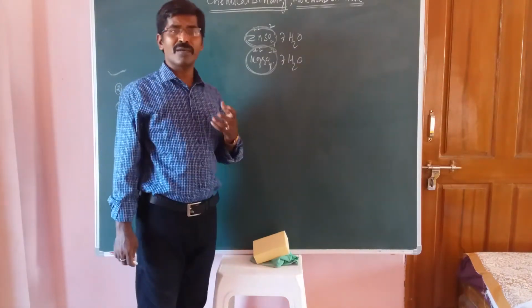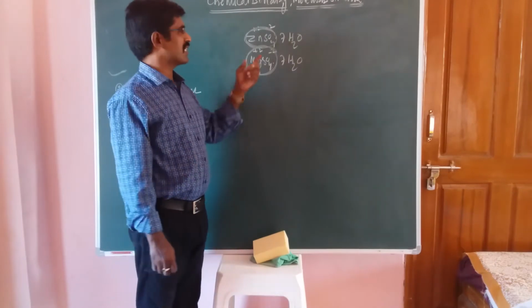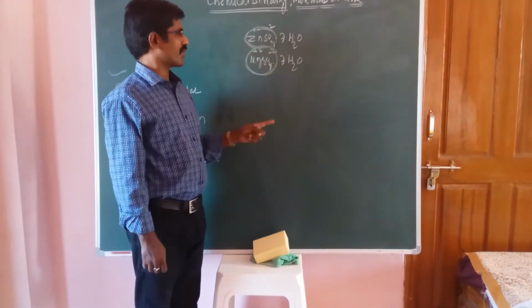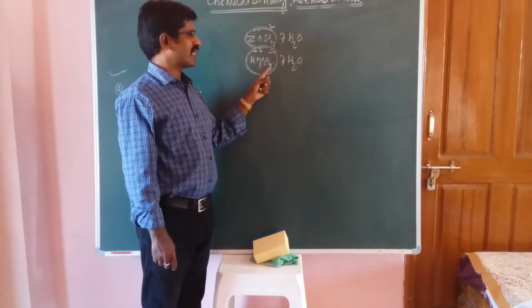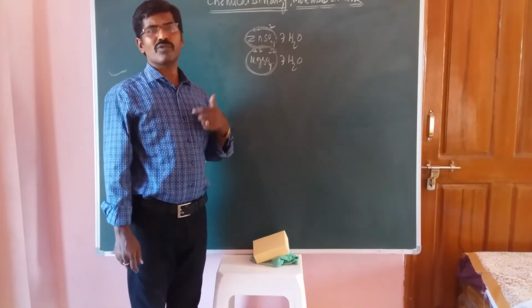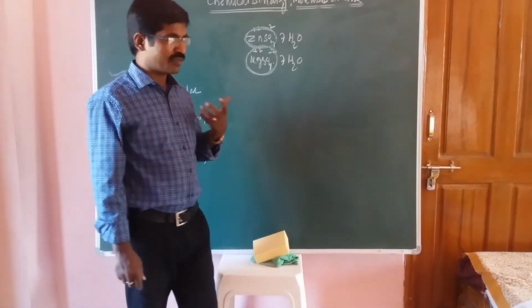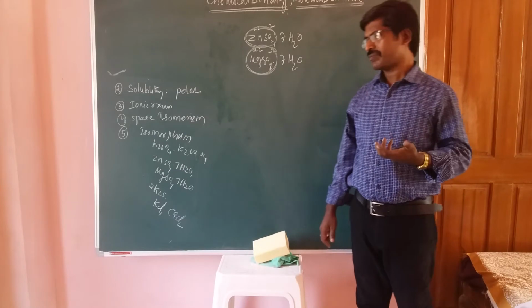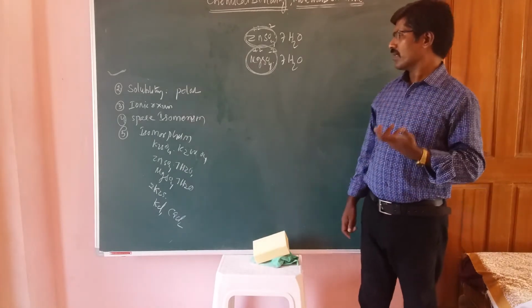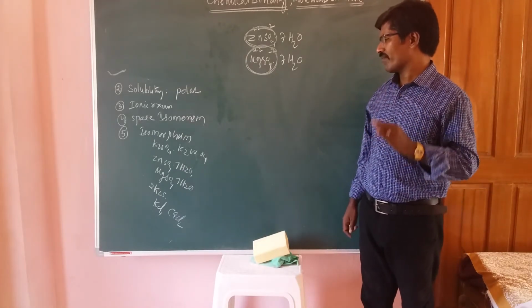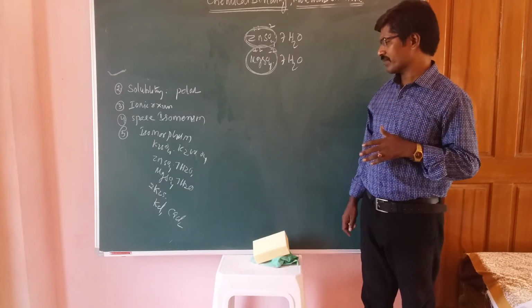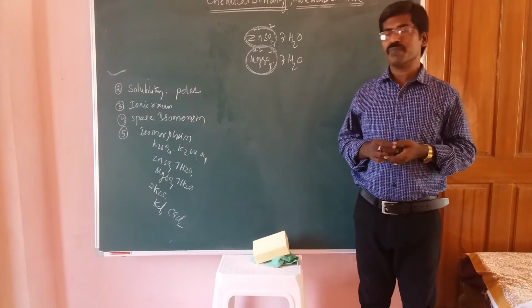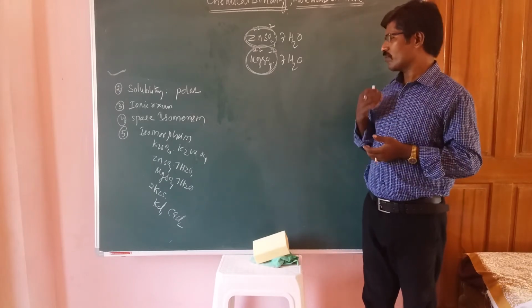Now here, how many water molecules are present in this one? 7 moles of H2O molecules. Now in the case of magnesium sulfate, here also it is the same, it has 7 moles of water. So the molecules which have the same number of atoms and the same number of ions, that is called isomorphism. Okay, friends, isomorphism. Here we have the examples zinc sulfate 7H2O and the next one MgSO4 7H2O.